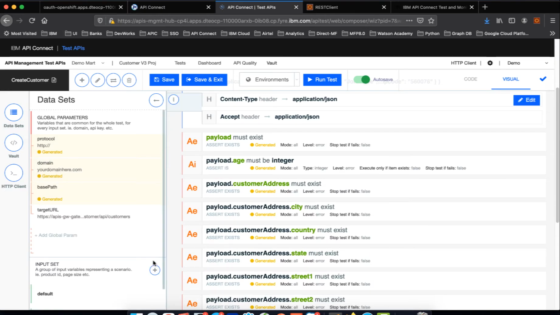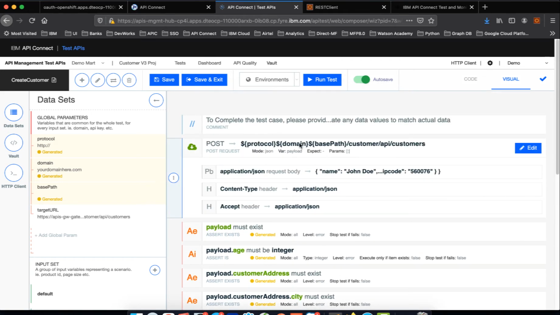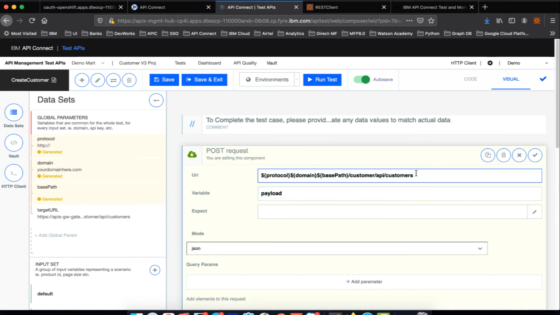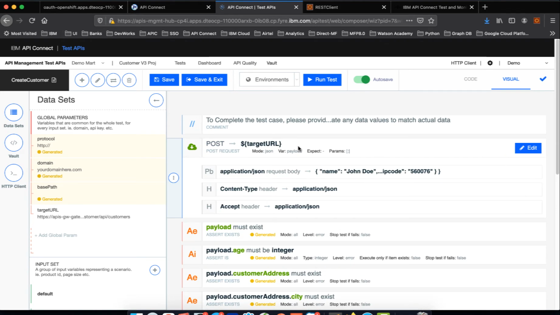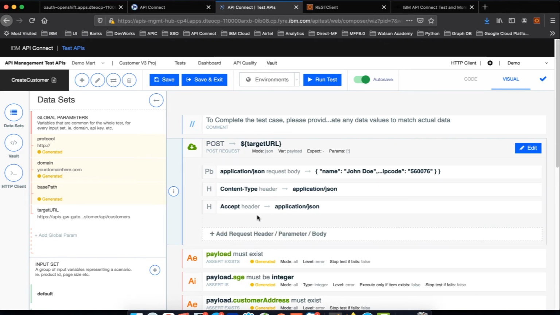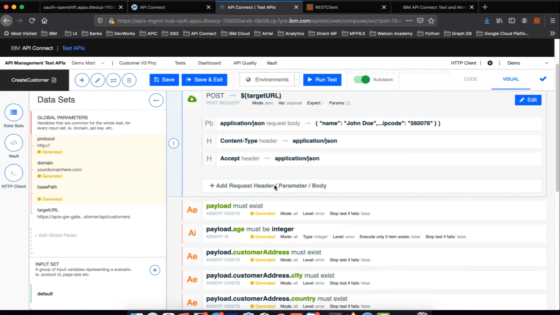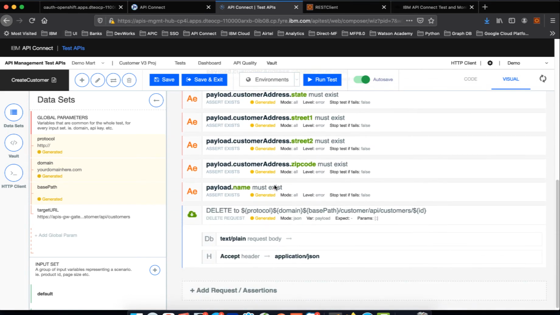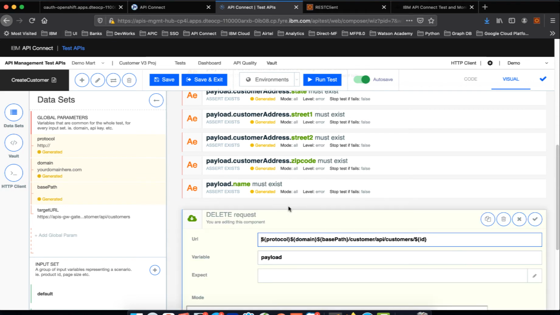Okay. So here you need to change, just say, change the target URL. There's only one change that I made. Okay, so I'm going to leave other things as they are, and in the delete also I'm going to make use of the same thing,